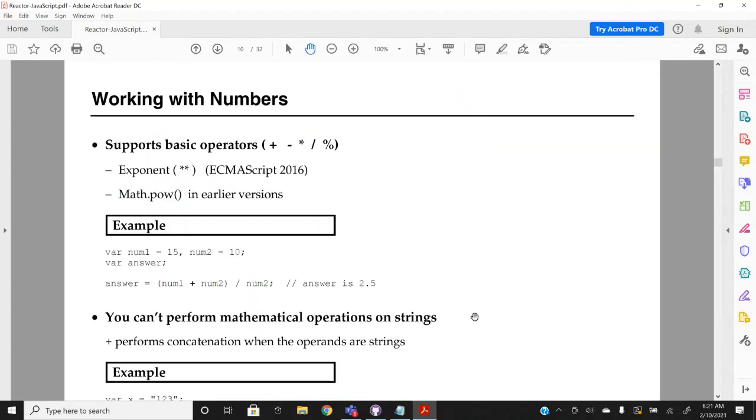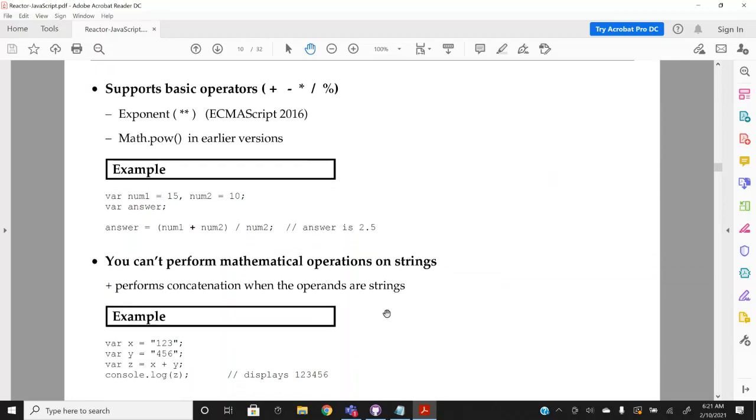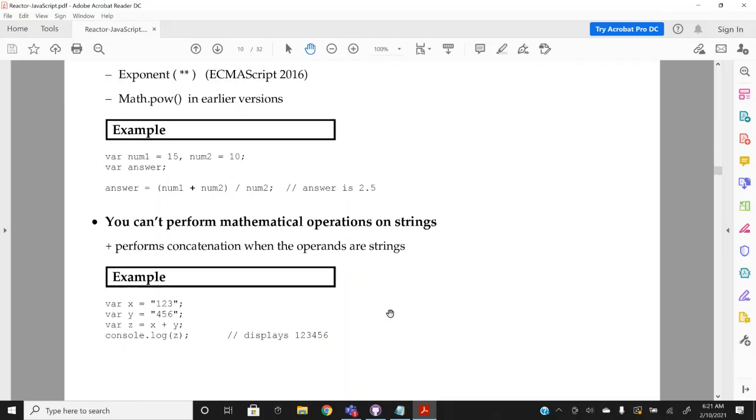All right, so let's get ready to look at just a couple more things, and then we're going to go code for a few minutes. So JavaScript supports all the operators. If you were a programmer, you would expect it to support plus, minus, times, and divide, so you can build mathematical formulas like you can in pretty much every programming language. You can perform operations on strings. If you use a plus on strings, it's going to concatenate them. If you concatenate the string 1, 2, 3 and the string 4, 5, 6, you're going to get 1, 2,